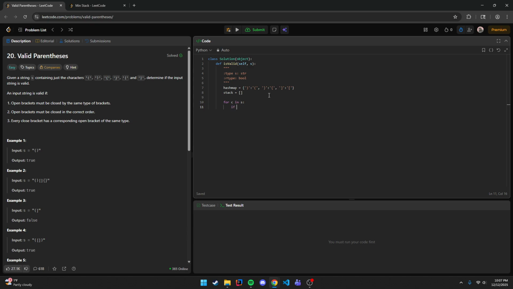Then we check if C not in hash map. If C is not in the hash map, we check if it's an opening bracket. If it is, then we add that to our stack. So stack dot append C,